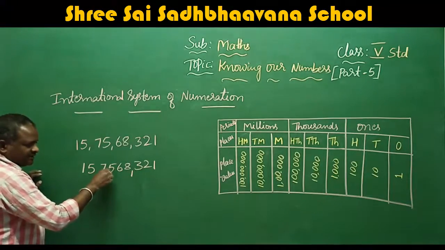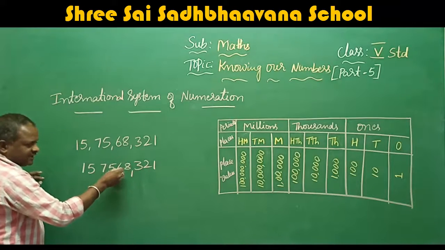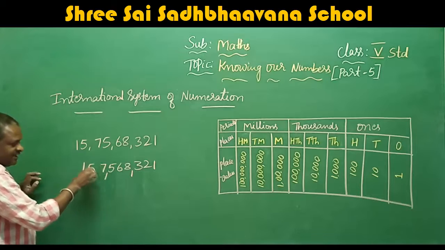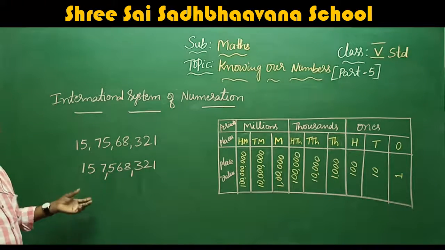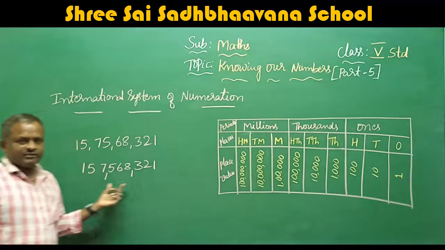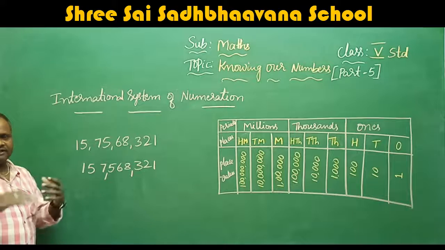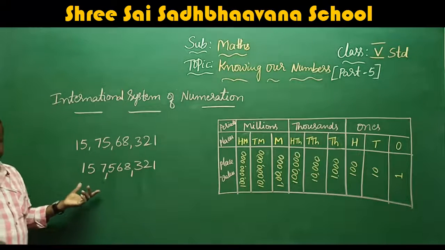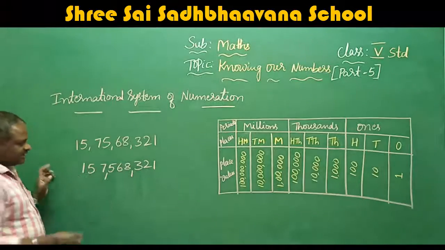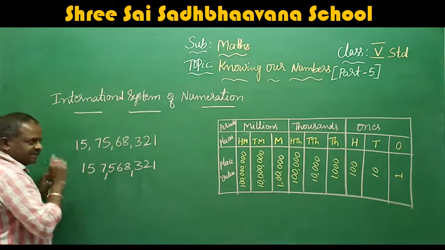Next, up to unit, 10, 100 place. Next, starting from 1000, 10,000, 100,000. Next, million, 10 million, 100 million. Here we are not using lakhs or crores. Here we are using million. After that, billion. Now, for you, up to million only we are learning. That is about the 9 digits: 1, 2, 3, 4, 5, 6, 7, 8, 9 digits.